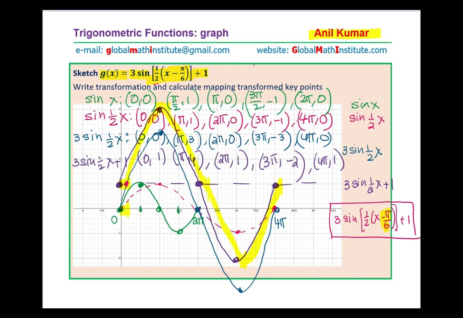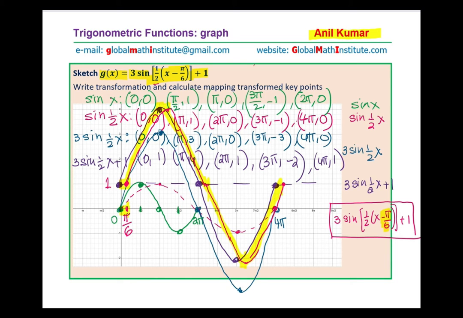So this, let me now finish it off with the red. So it starts with pi by 6, as you can see, 1, right? This is at 1, and this is at pi by 6. Is that clear to you? And it goes up to this point, then again pi by 6, it comes down and ends up